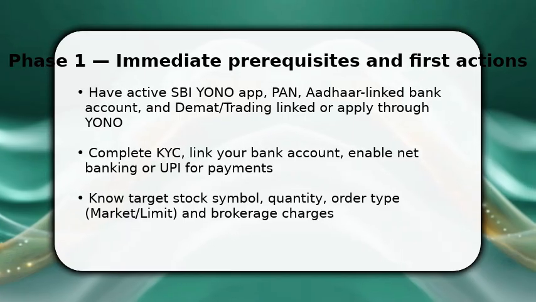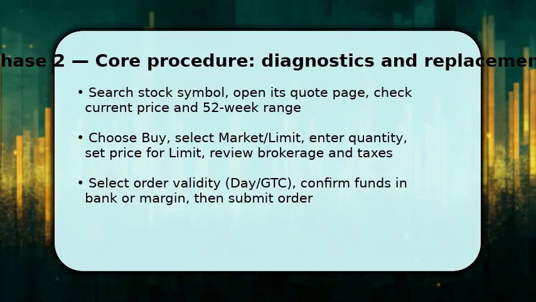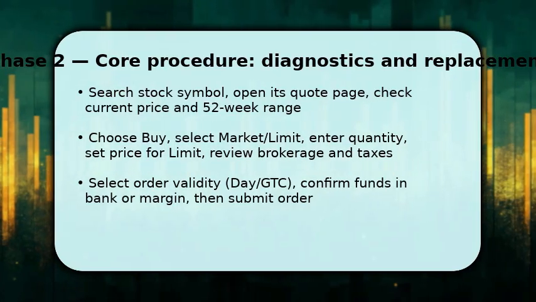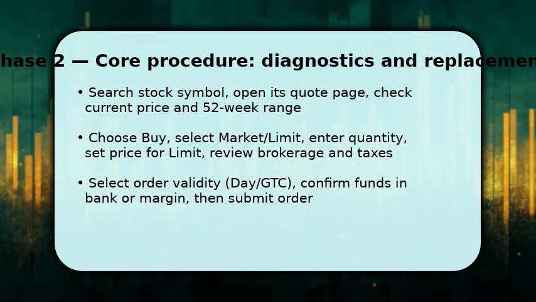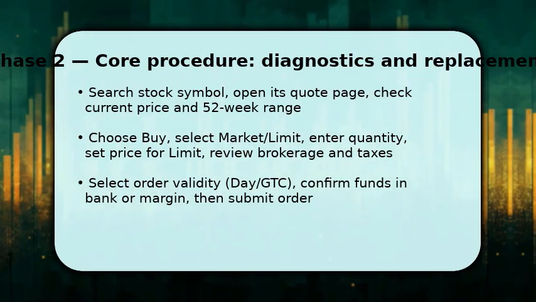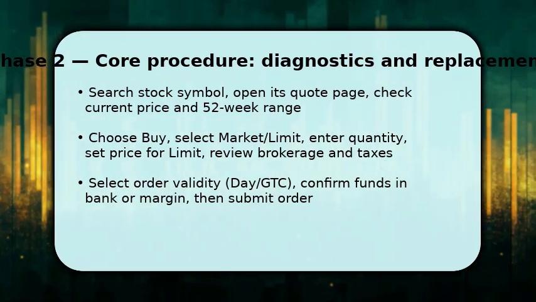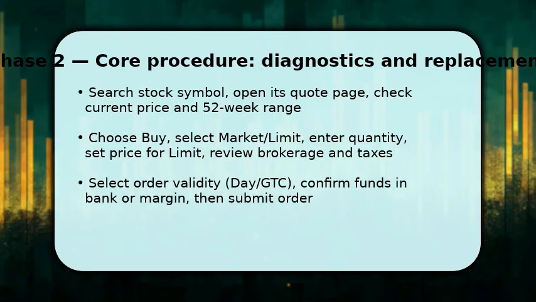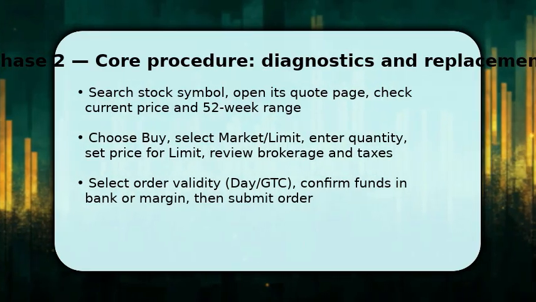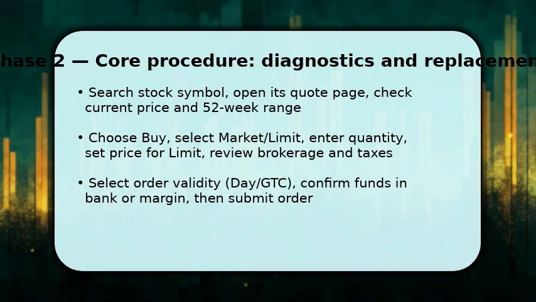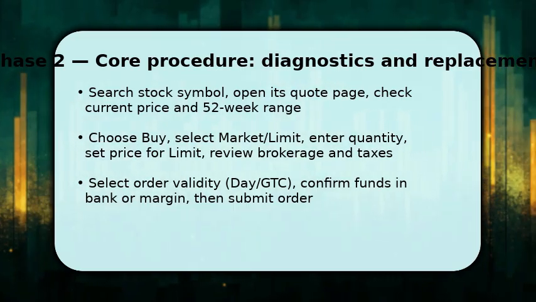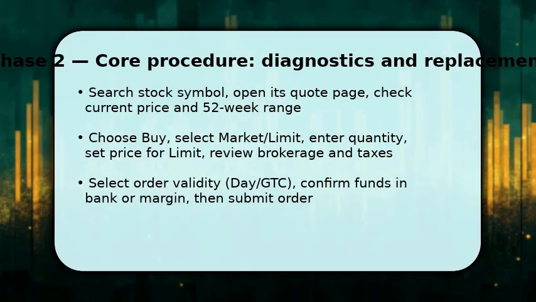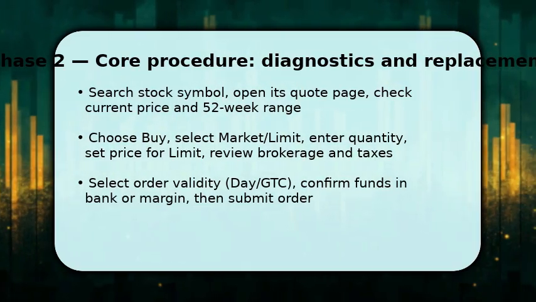Once you've chosen the stock, tap its quote and inspect price, volume, and trends to decide quantity. Then hit Buy, select market for immediate execution or limit to specify maximum price. Set the price carefully because it affects fill probability. Choose order validity, typically day, and ensure sufficient funds or margin. Yono shows brokerage, GST, and SDT. Review these charges. After confirming, submit the order and watch the order book to see status updates until it's executed